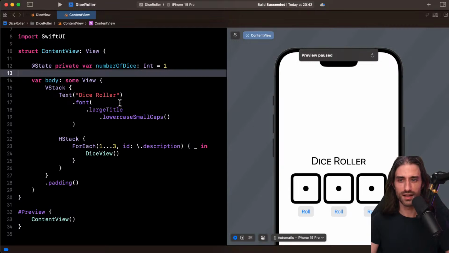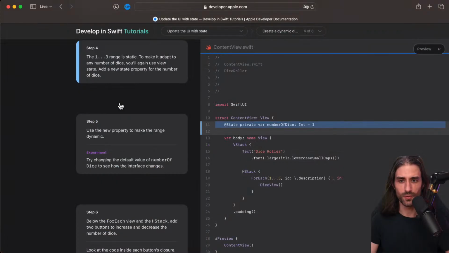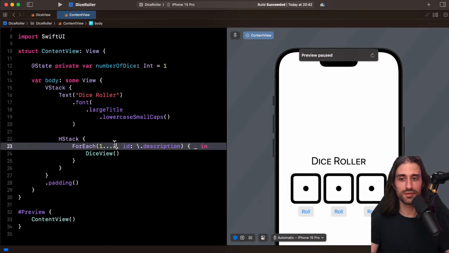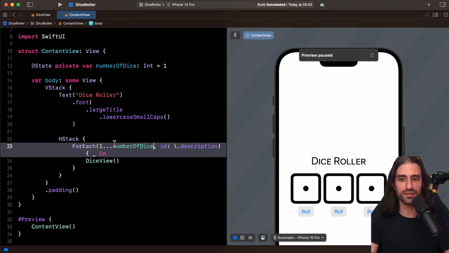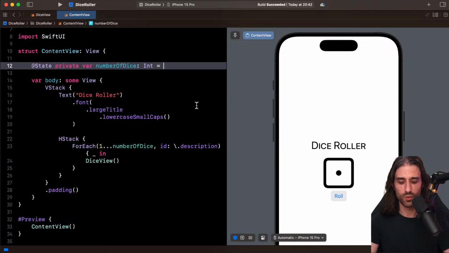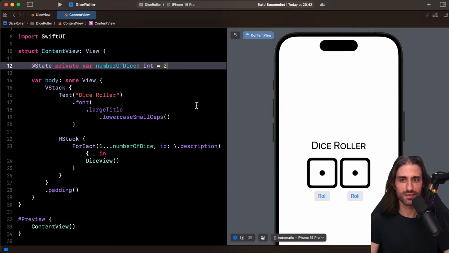All right. So now we use the new property to make the range dynamic. And they say, try changing the default value of numberOfDice to see how the interface changes. So instead of 3, we say numberOfDice. Okay. Let me resume the preview. And so let's see by changing the value here. So 1, 2, 3.